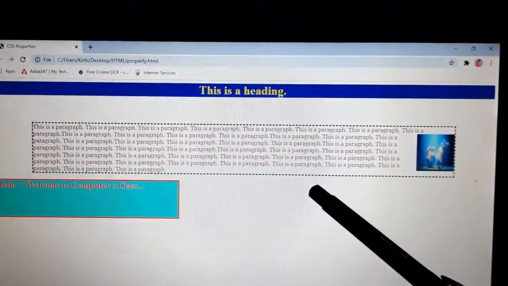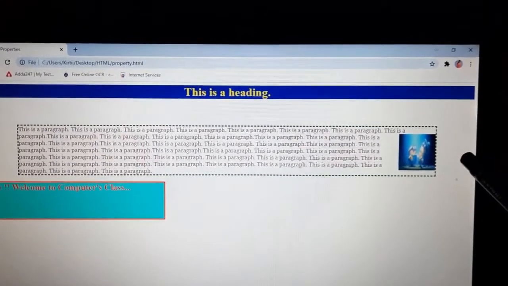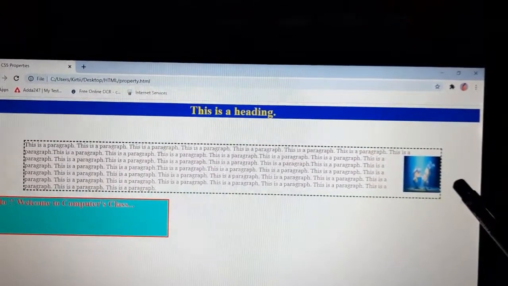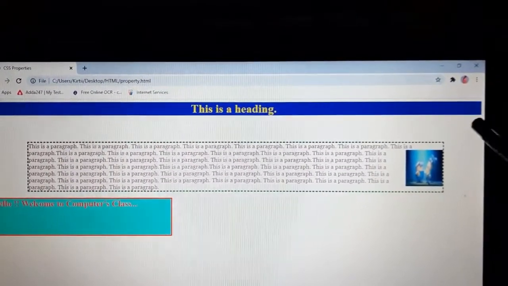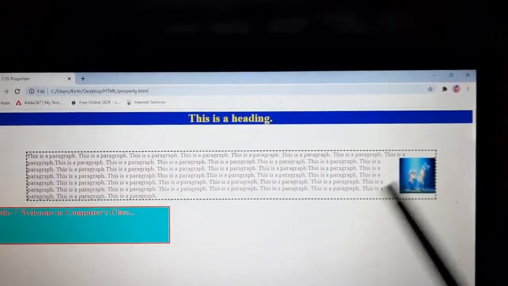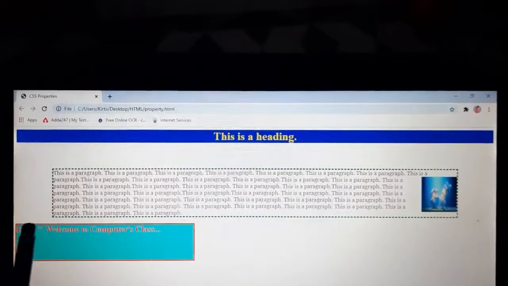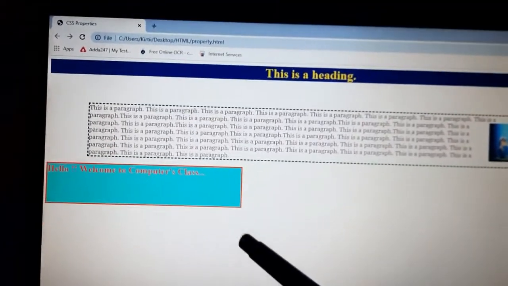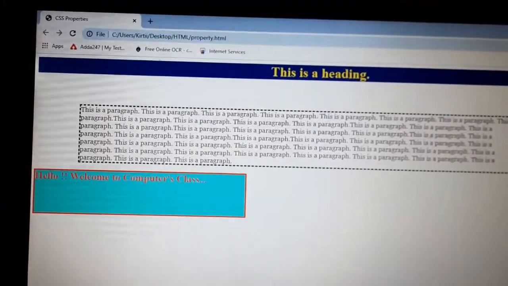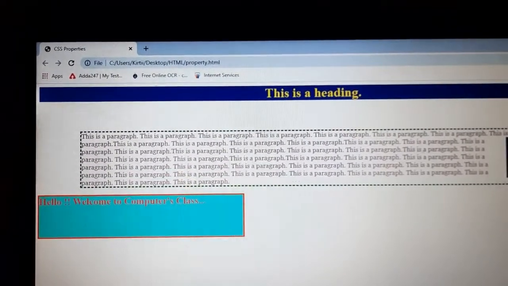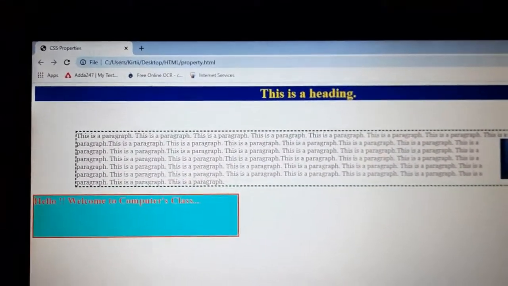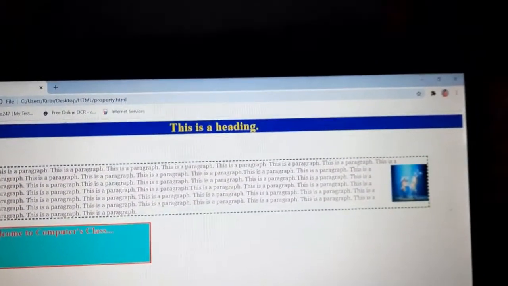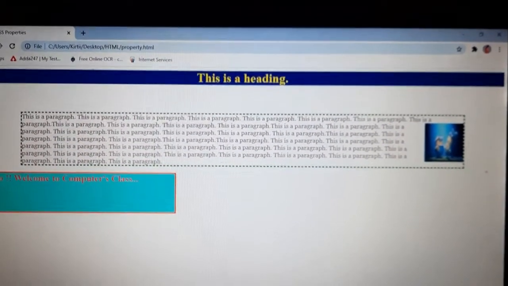Also I have mentioned the right margin and the left margin of the paragraph, how much space there will be on the right and left of the paragraph. So as you can see, in the heading tag this border is up to here, but in the paragraph tag the text and the border are at a distance from the right side also, and at a distance from the left side also, right? In the h2 I have mentioned the width of the border like this, and I have mentioned the text hello welcome to computers class, and the color is red. Outline here I have mentioned solid, so the outline that comes is double, right? So in this way you can use CSS properties.